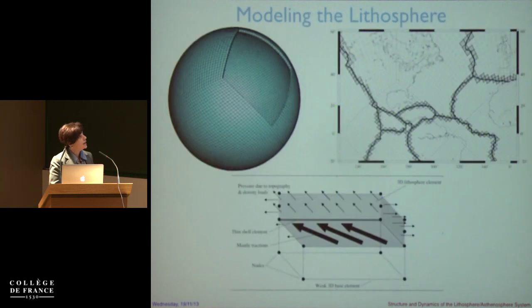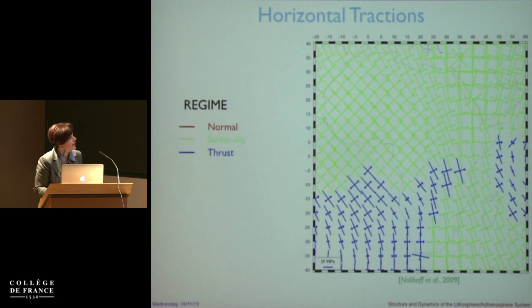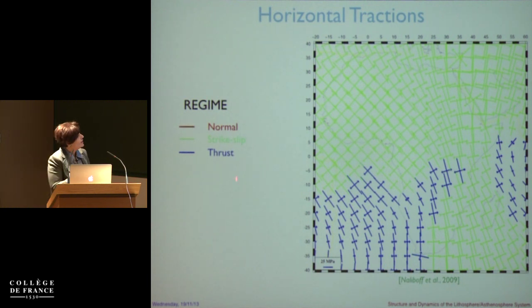We also have weak plate boundaries, but I can talk about that later. So what do the results look like? If you just look at the horizontal shear tractions, this is what you see. This is actually the outline of Africa right here, and these are the same colors as in the world stress map, color-coded by